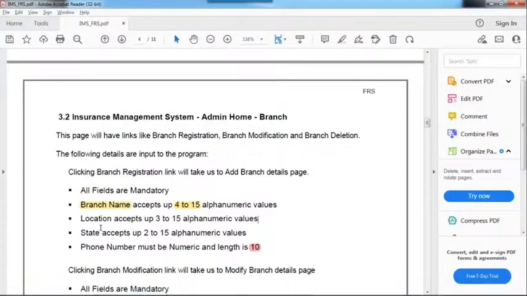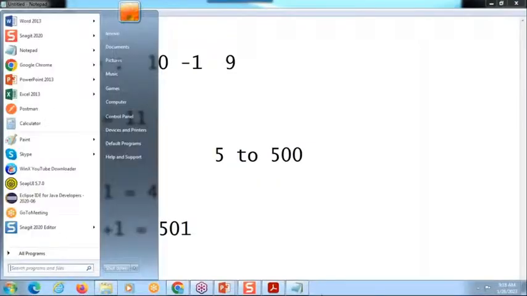Here, location: you need to enter your location, but the application allows 3 to 15 characters only. So 3 minus 1, 2 characters, should not allow. 15 plus 1, 16 characters, should not allow. While testing you need to check all these things, and whether it allows values within the range. This kind of testing we call boundary value analysis. This is one technique we use to test that field. Is it clear? Okay, good.